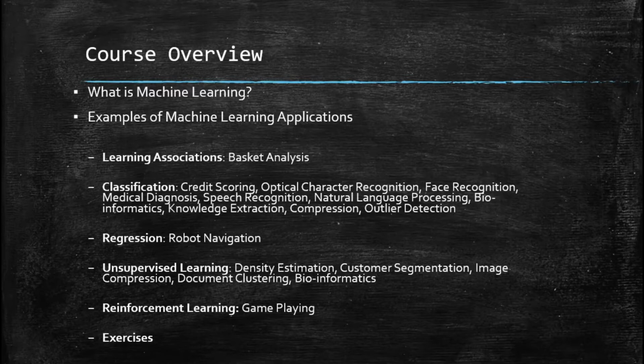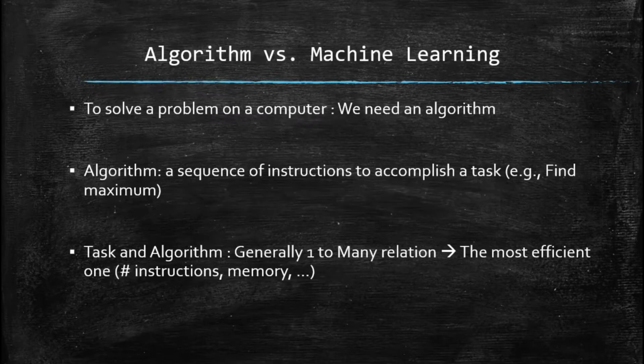Right. Let's start by comparing the algorithm versus machine learning. So, what is an algorithm? An algorithm is nothing but a series of instructions. If I ask you, what is the algorithm of buying tomatoes? You would say, okay, I'm going to first take my wallet, make sure I've got money in it, dress up, go to the supermarket in my neighborhood, find tomatoes, buy them, pay the money, and then come back home. And that is how I buy tomatoes, right?